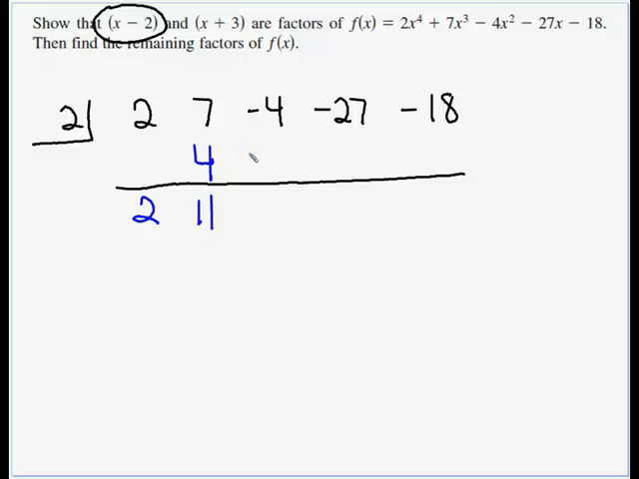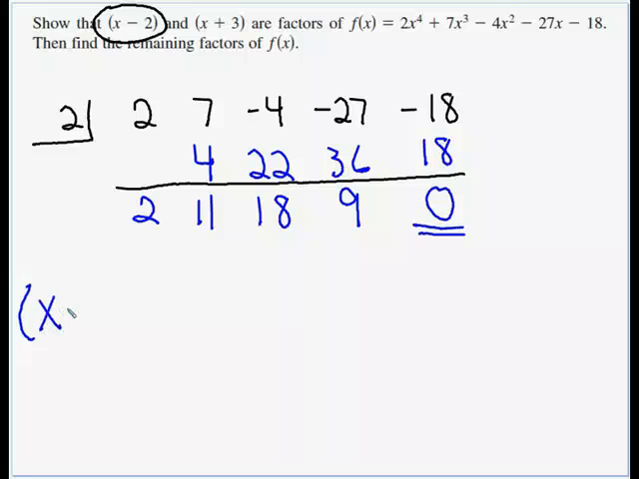2 times 11 is 22. 22 minus 4 is 18. 2 times 18 is 36. Negative 27 and 36 is 9. 2 times 9 is 18. And look at that. When we add there, we get 0. So 0 was the remainder, and we know that x minus 2 is a factor. So what we have here is, we know we got x minus 2 times,